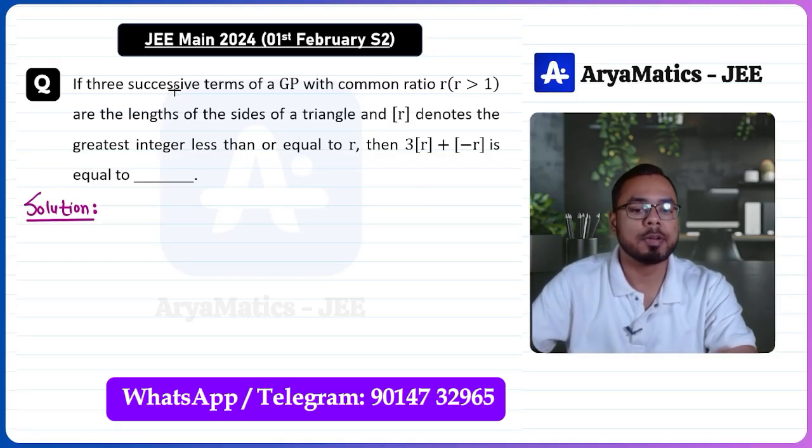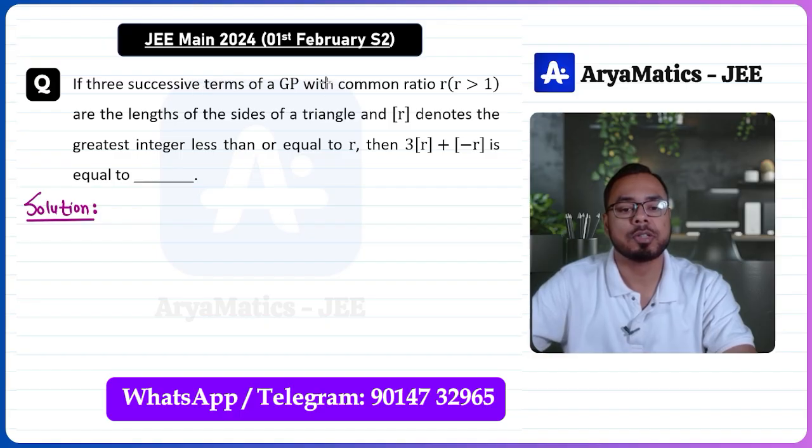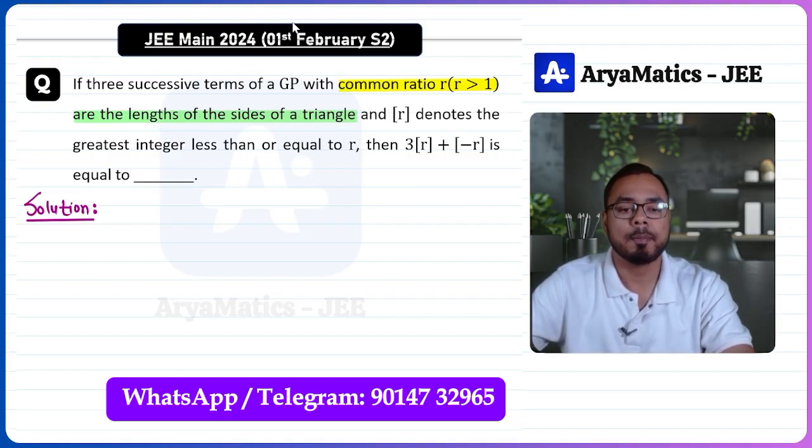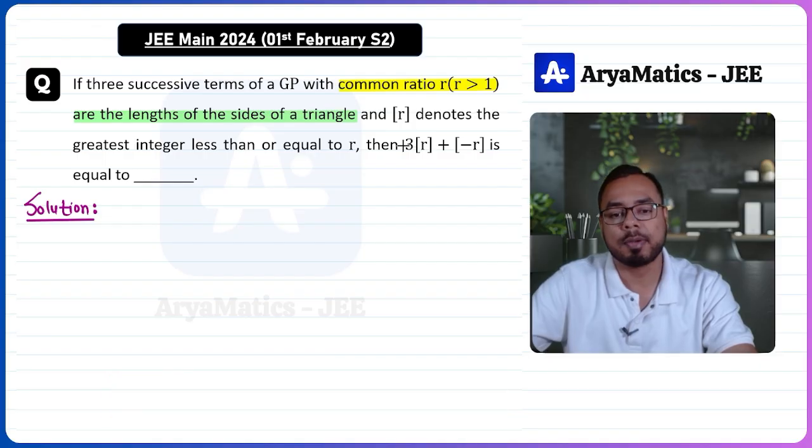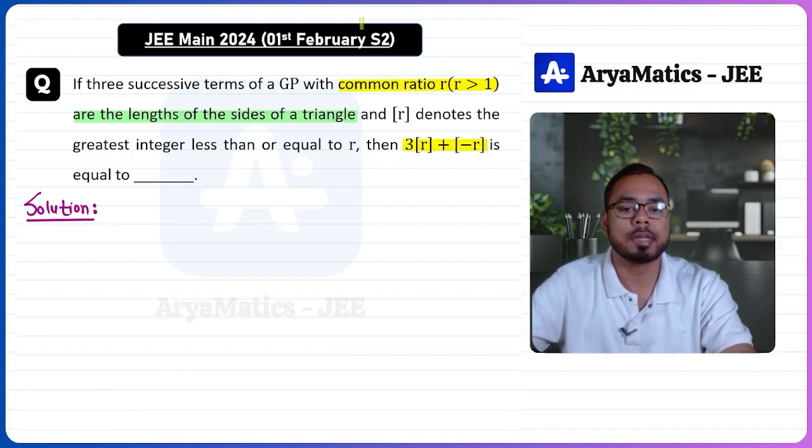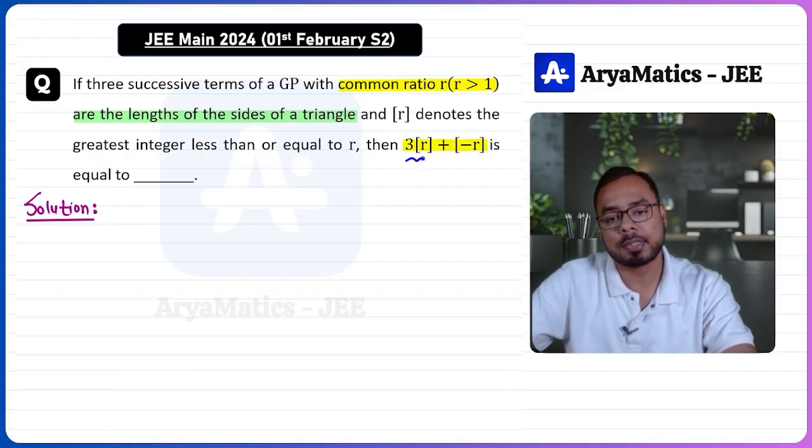The three successive terms of a GP with common ratio R, where R is greater than 1, are the lengths of sides of a triangle, and this box represents the greatest integer less than or equal to R. Then we need to find the value of this quantity: 3 into greatest integer of R plus greatest integer of